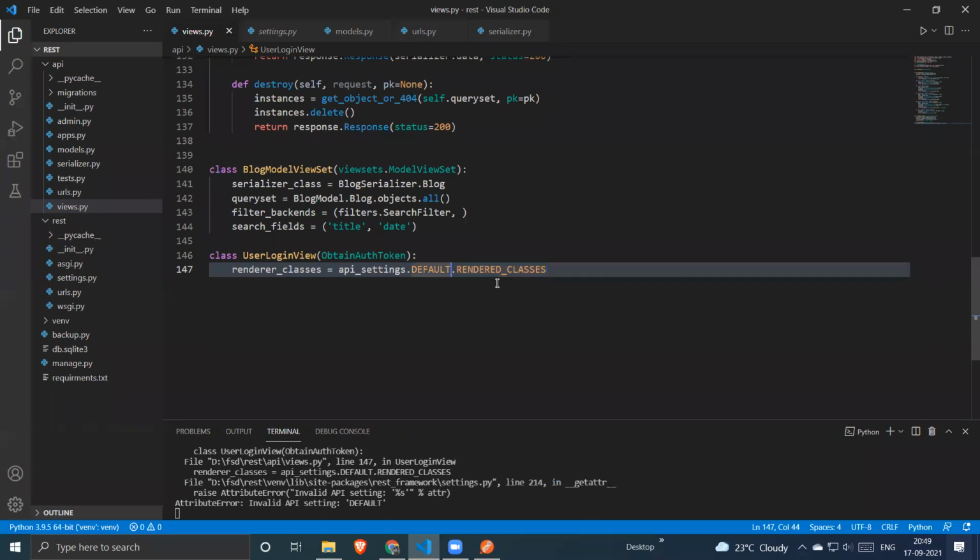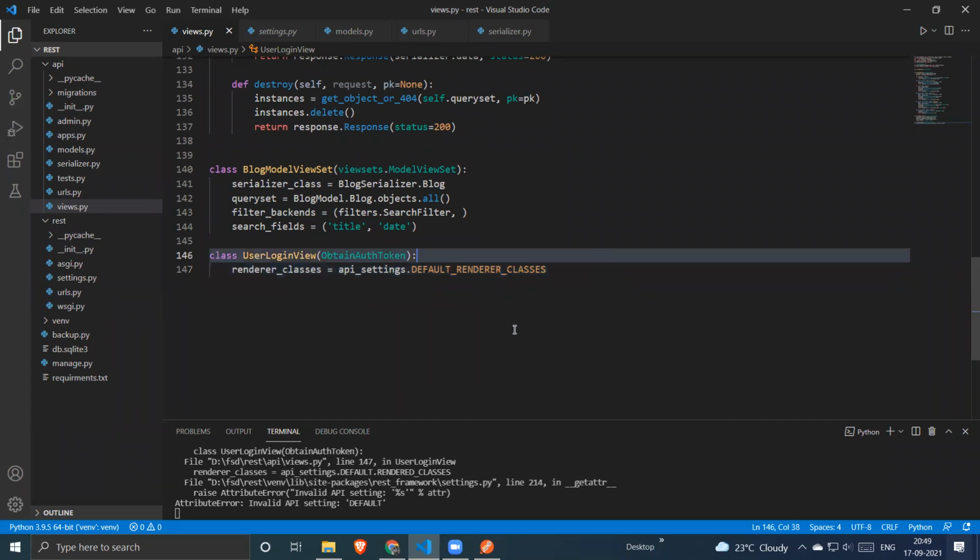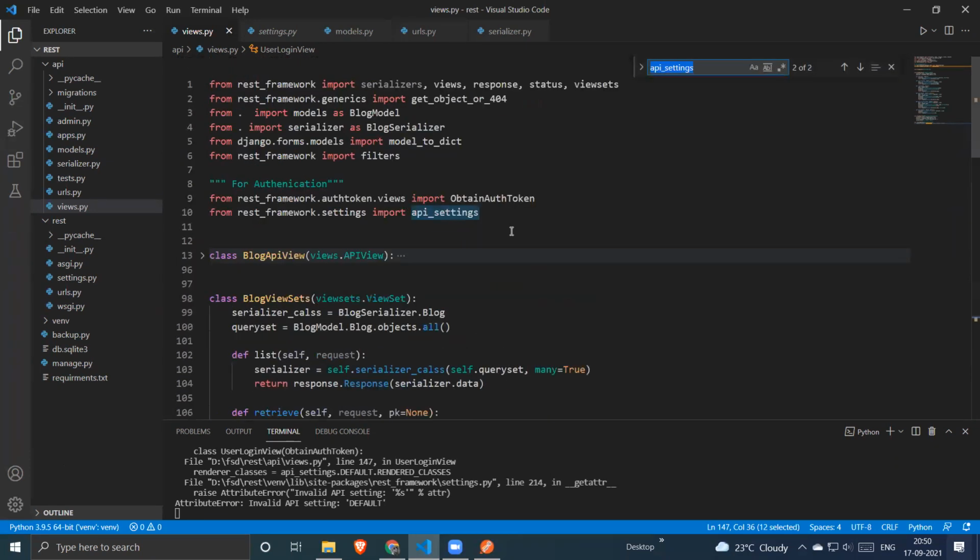I guess it should be default underscore renderer classes. API settings dot DEFAULT_RENDERER_CLASSES. Okay, that's right. API settings. I think it is settings. Okay, it is settings.